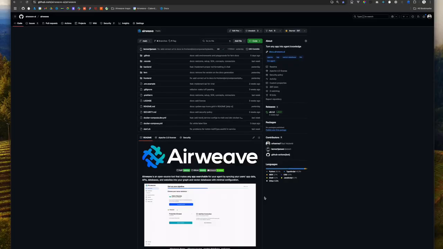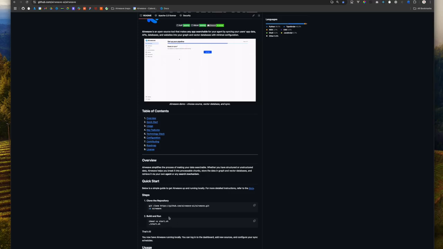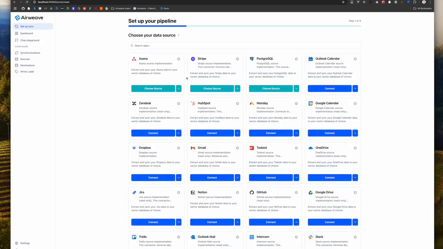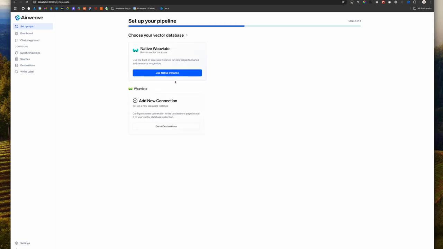Airweave lets you turn any app into accessible agent knowledge. So I've already followed these steps here and I have Airweave running locally. And I'm going to show you how to set up a synchronization between an Asana workspace and the long-term memory